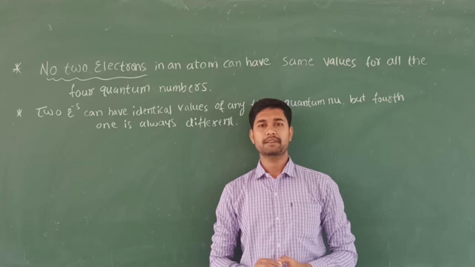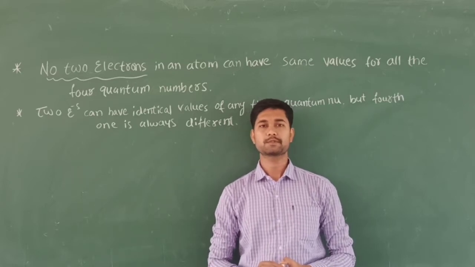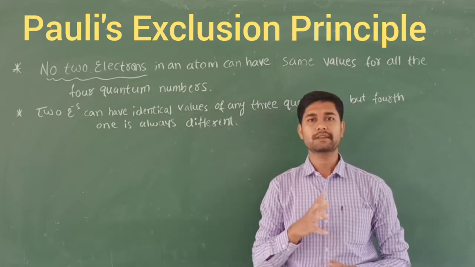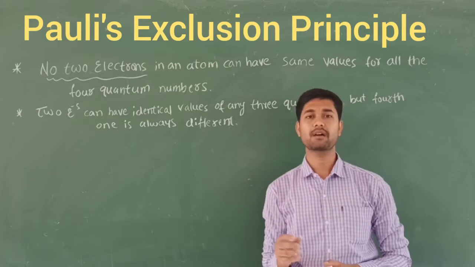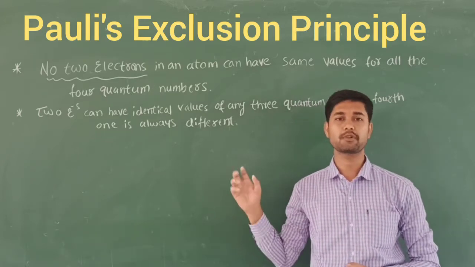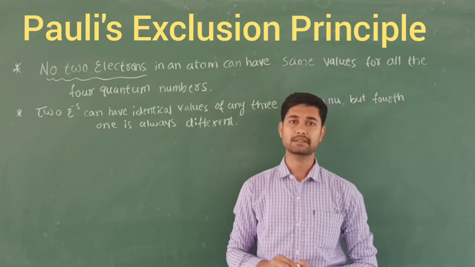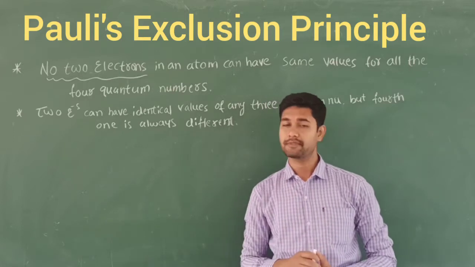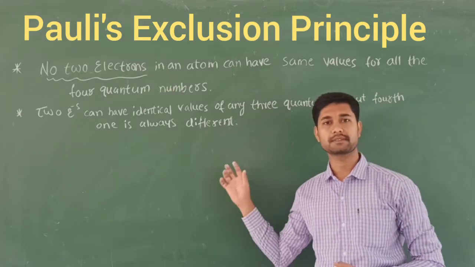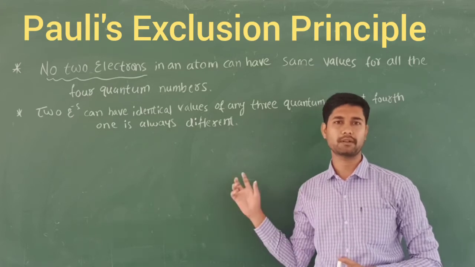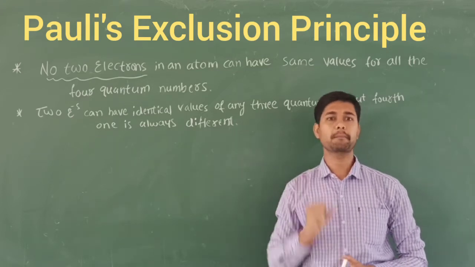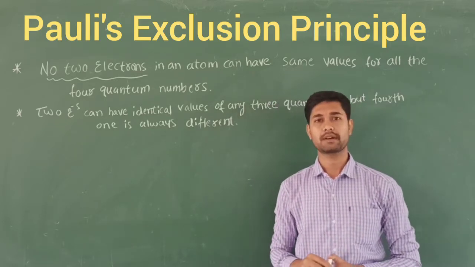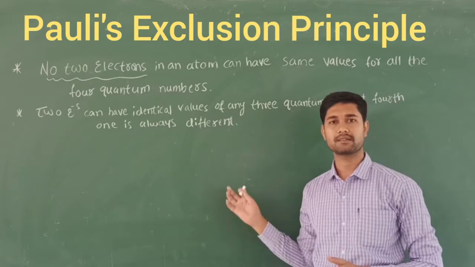Let us discuss one more very important principle, called Pauli's exclusion principle. This principle restricts how electrons are filled in the orbitals. It was explained by an Austrian scientist named Pauli, who was also awarded the Nobel Prize in Physics in the year 1945. It is very important because it restricts the filling of electrons in orbitals containing the 4 quantum numbers. Let us discuss this statement and its explanation.